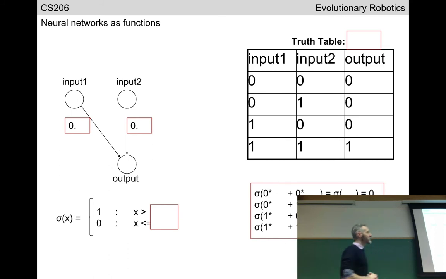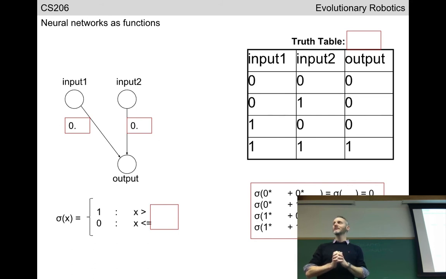Let's start with a truth table. Let's imagine we have two inputs to our neural network. And we're going to assume now that these inputs are binary, either 0 or 1. And the output is going to be either 0 or 1. So I just finished telling you we want neurons between -1 and +1. For the next couple of cartoon examples, we want the range to be between 0 and 1, because we're going to do some